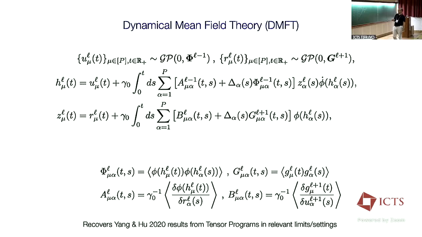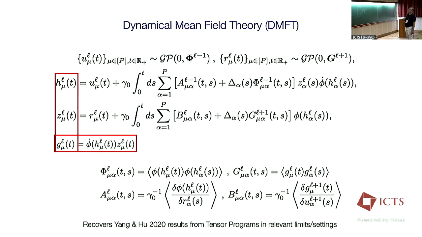Okay, so here's the set of equations that comes from this. A lot of stuff here. But I'll just try to break down what's happening. First, these H^l_mu refer to a random variable that describes the statistics at a particular layer with respect to a particular input mu. And Z and G are random variables that capture the statistics of the feedback signals, the gradient signals. These are random variables because there's some randomness happening on the left-hand side.